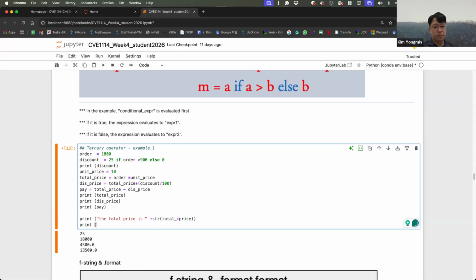Print the discounted price is something curly, dot format, discount price.